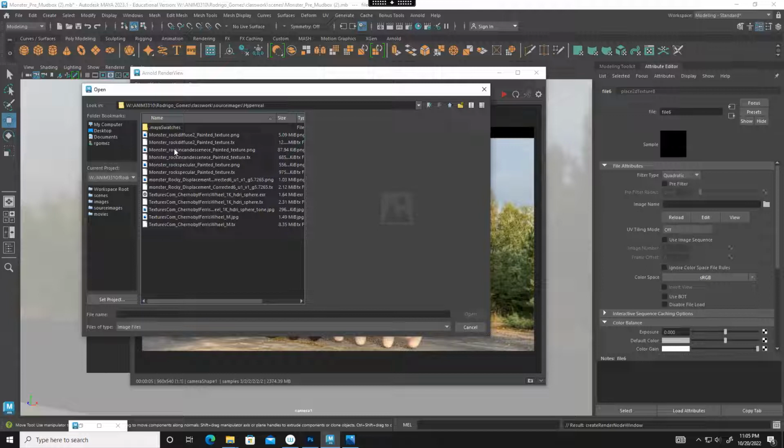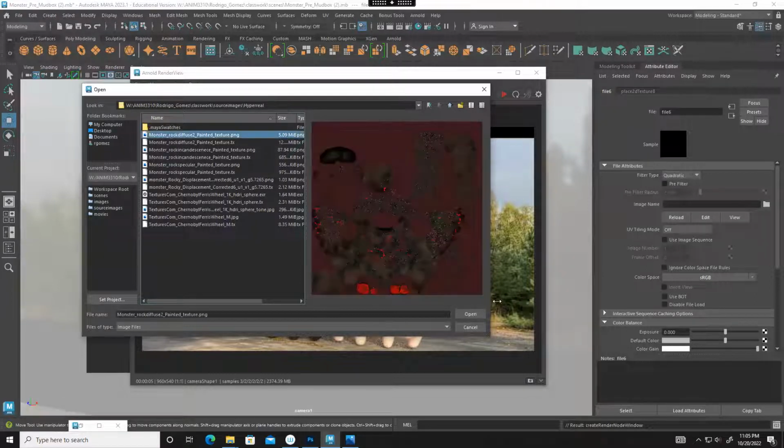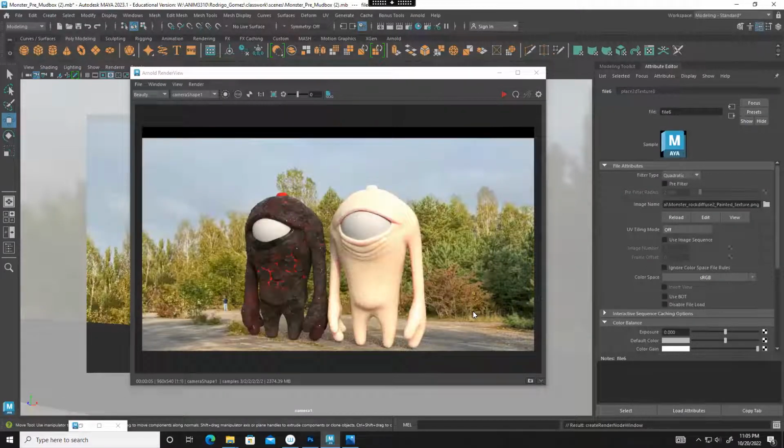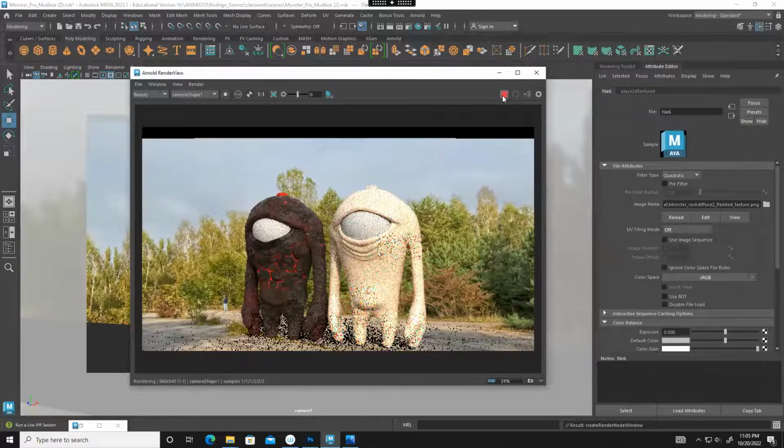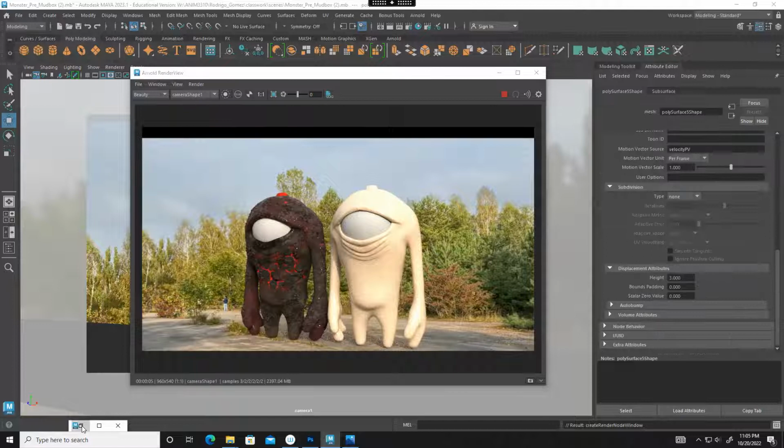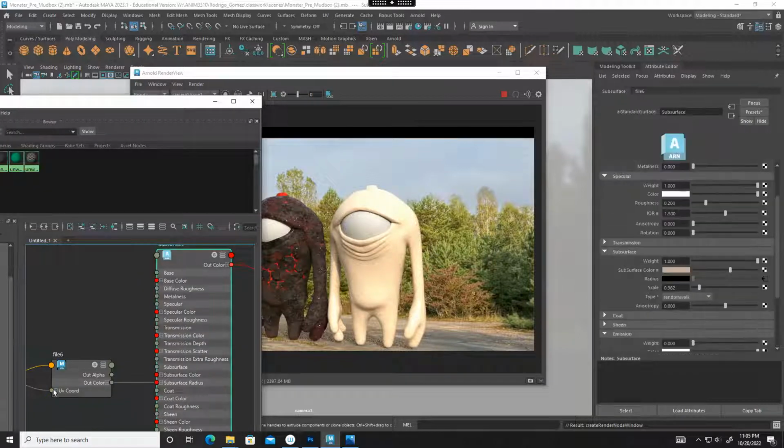I'm gonna go under my rock diffuse painted. There it is. I'm gonna just connect it there, and test render that out. So it is really not picking through heavily, but if I go back to my hypershade, you can see that texture connected right there, and then I can start playing with